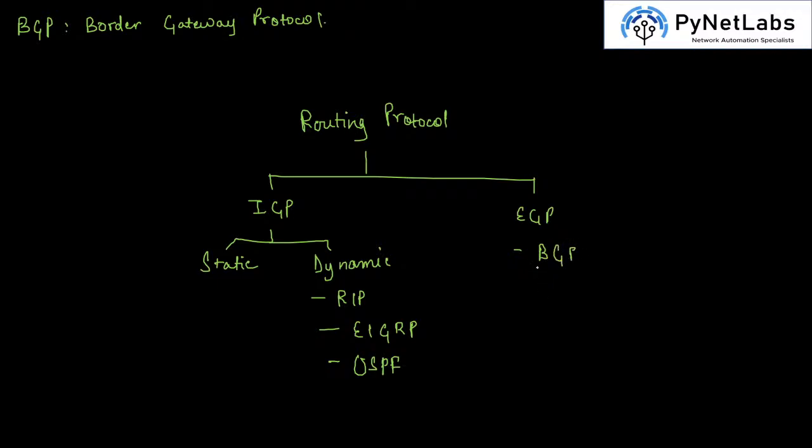Now why do we need EGP? BGP, or any exterior gateway protocol, is required to make one autonomous system communicate with another autonomous system. What is this autonomous system? We can say that any particular location where a bunch of routers are connected together can be considered an autonomous system. Obviously there are some specifications, but to keep things simple,